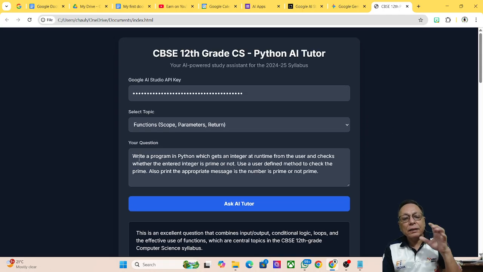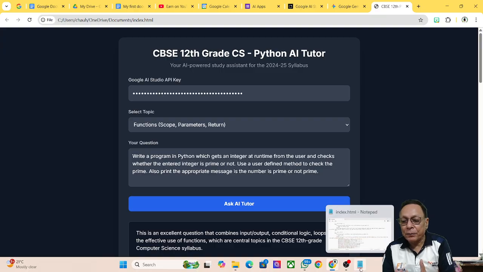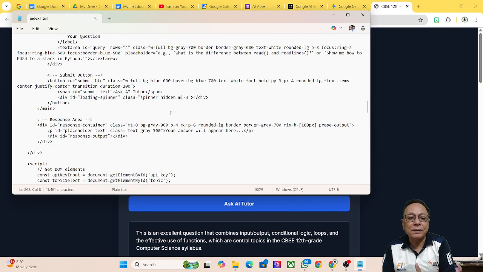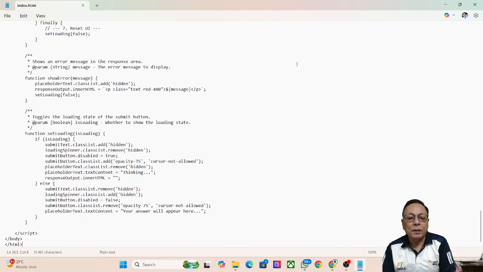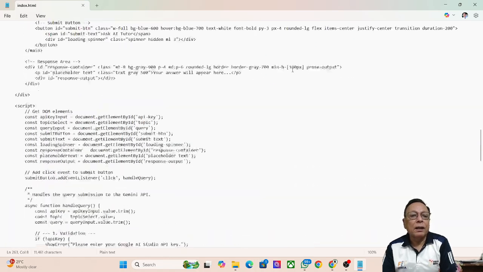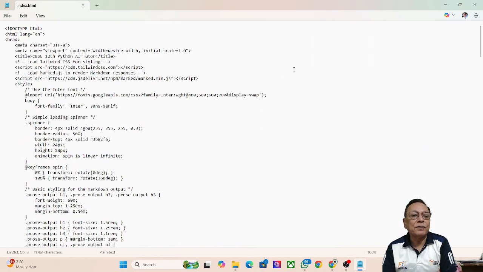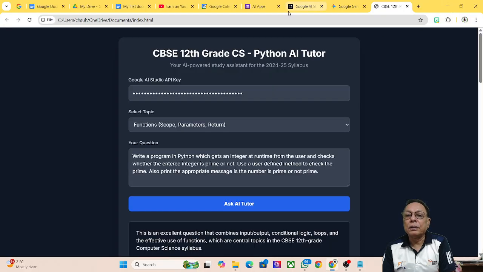So I can give more questions to it, and it will definitely create the solution whatever objective is given to this app. So this is the front end. Okay, and so what is the back end? So back end is here, which Gemini has created. So here this is the entire HTML. The name of this HTML file I have given is index.html, and it has a provision to get the API key,